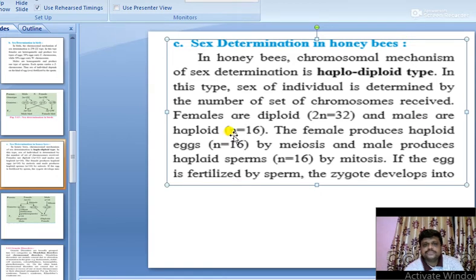So males possess only one set of chromosomes while the female possesses two sets of chromosomes, that is 2n, which is denoted by 32 chromosomes. The female produces haploid eggs, that is each egg contains 16 chromosomes, by meiosis, and the male produces haploid sperms by mitosis. So male produces haploid sperms with the help of mitosis, while the female produces eggs with the help of meiosis. If the egg is fertilized by the sperm, this zygote will develop into the